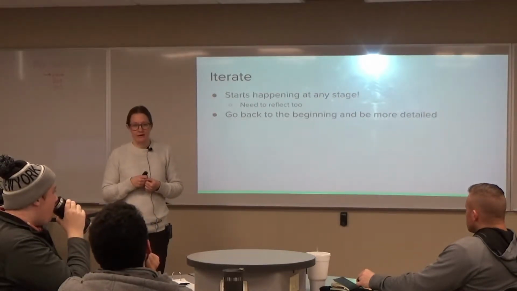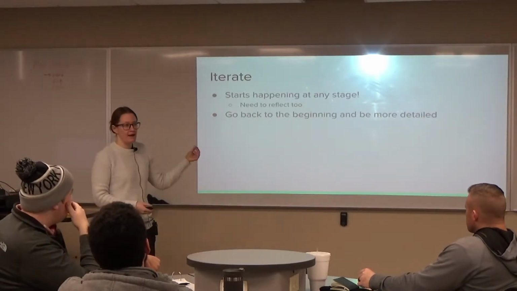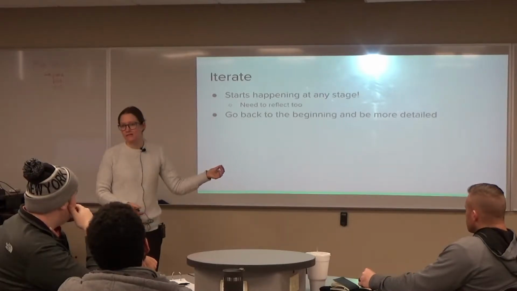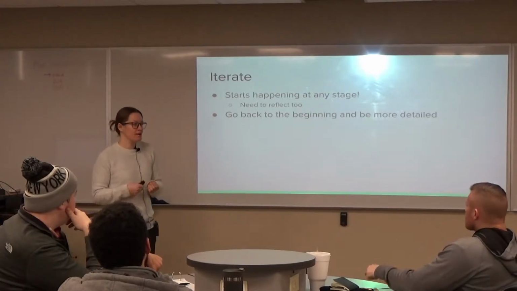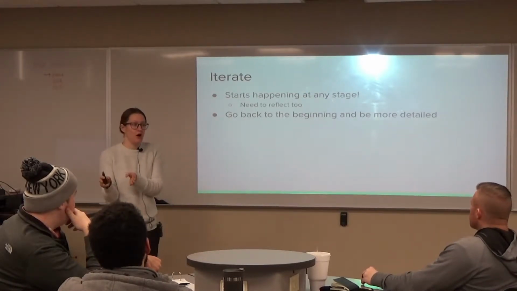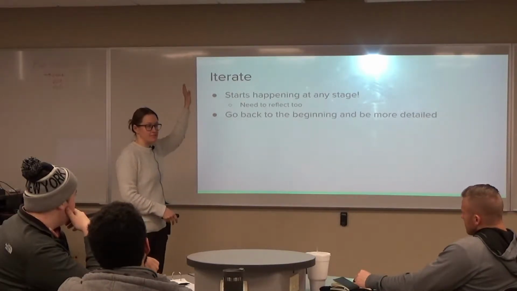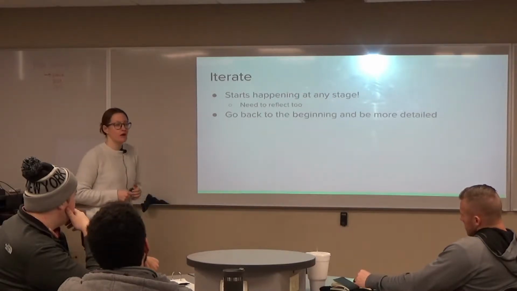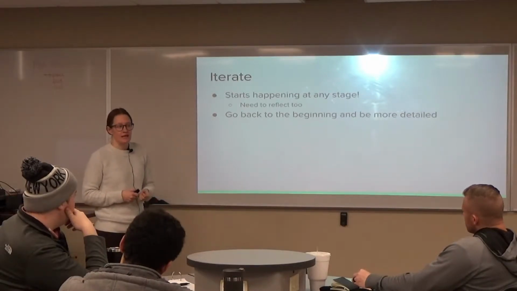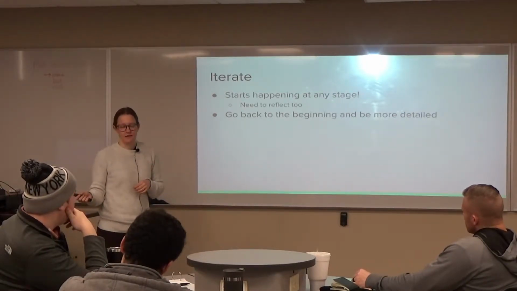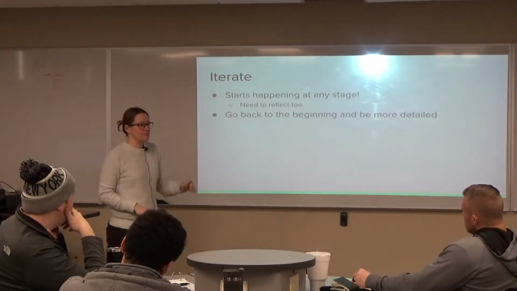And we will always be iterating, okay? So as you build your proof of concept prototype, maybe it didn't work out so well and you go back and use a different, maybe your second best choice, right? Or maybe once you build the actual prototype, you did some sort of testing and there's some major flaw that you recognize. Now you have to go back to a further part back in the design process and see how you can overcome that flaw. So we're going to be doing this pretty much at all the stages. You can go back to the beginning and you can always be more detailed, okay? Always be more detailed. So you can do this whole design process really high level and then move into the finer details.